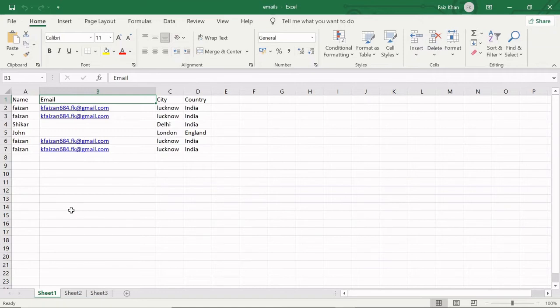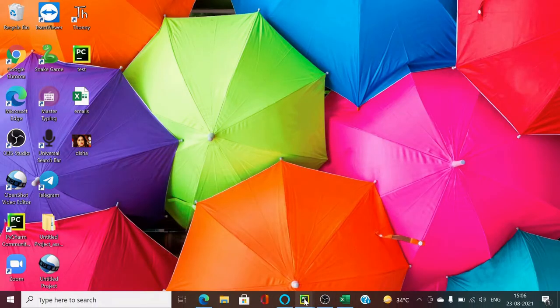So let's see the functionality of that browse button, how we can browse this particular email.xlsx file, and then we will check if the email column is present in that file or not. And then when I click on the send button, the email will be sent one by one to all these email addresses which are written here. Of course there will be different email addresses. For simplicity I am using my own single email address so that I can show you. So let's define a function for our browse button.